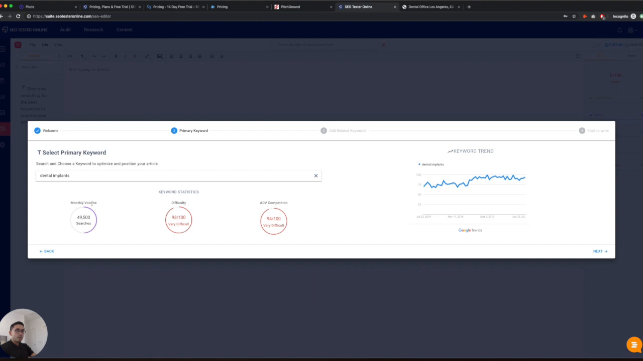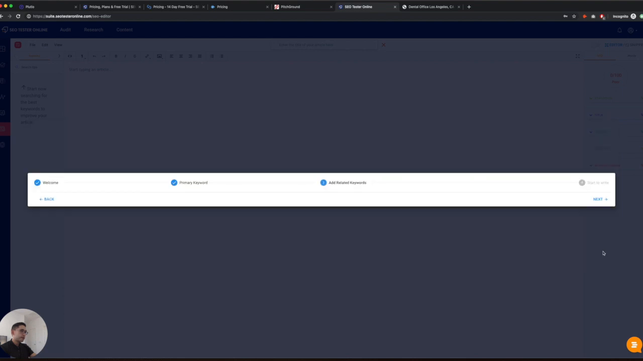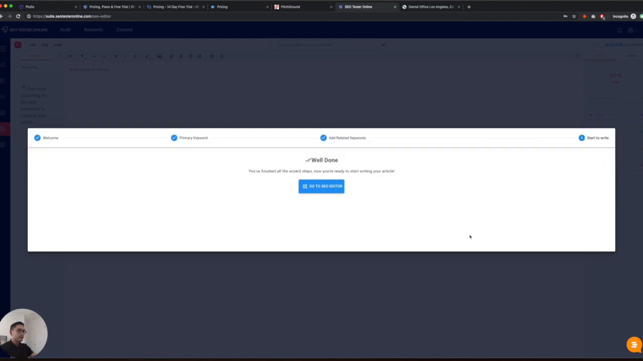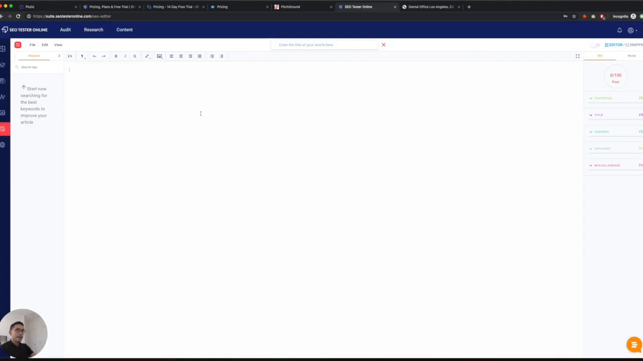And it gives you the monthly volume, difficulty, and the competition, advanced competition. So you click next. Choose related arguments. So you could even add dental implants cost, full mouth, dental implants versus bridges. So this really helps you draft a really good blog post or page. Click next, and then you go to SEO editor, and you could just start